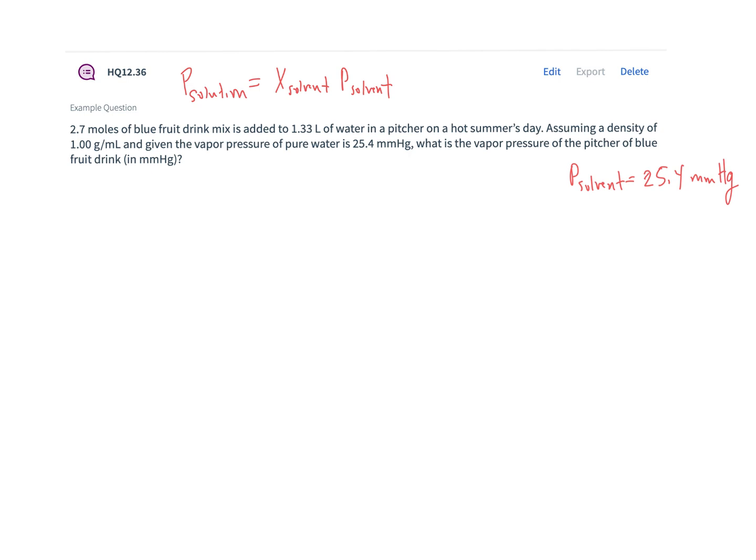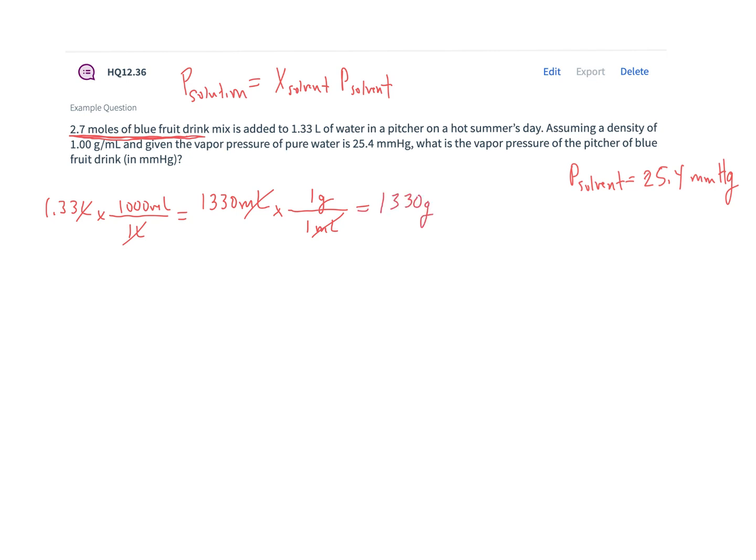So same as before, we need to find our mole fraction. And this time they gave us one of the moles already, the moles of the solute. So I need to find the moles of the solvent. So I've got 1.33 liters, and I know in 1 liter I have 1,000 milliliters. So I have 1,330 milliliters of water. And I know the density of water is 1 gram per milliliter. So I have approximately